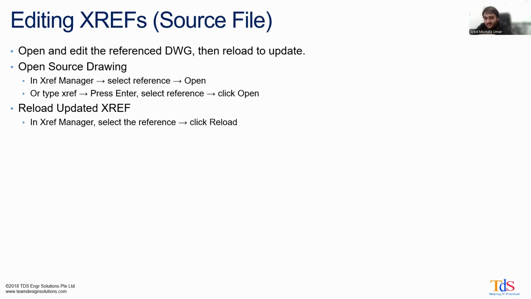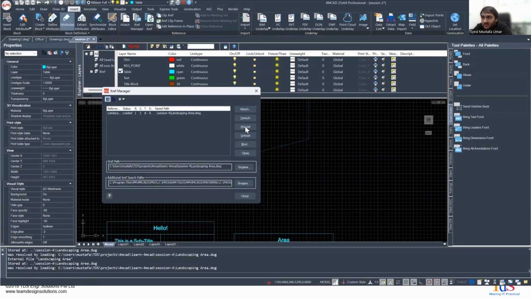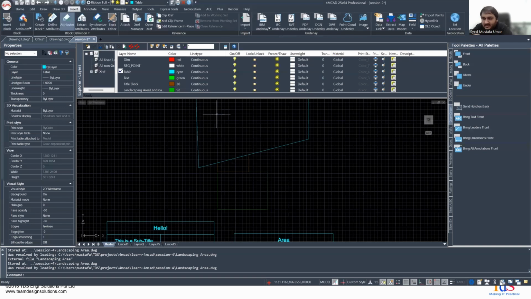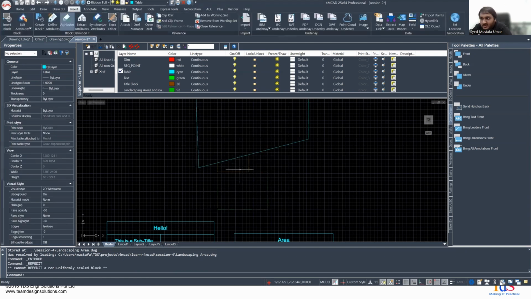And then, depending on how you have external references set up in your external references manager at the top over here, you may want to reload or you may not want to reload the specific file, or whatever reference that you have changed. It's simple, keeps everything separated out, but you might want to make a very small edit, and you might not want to open up an entirely new file or an instance of 4MCAT for that. So how do you go about doing that? Well, one way is to just